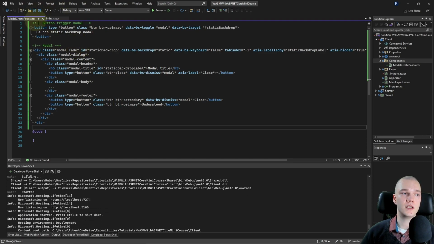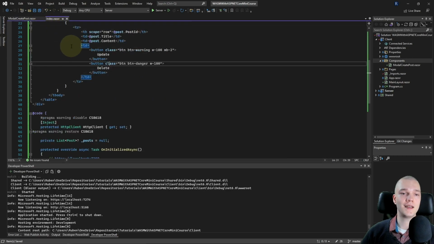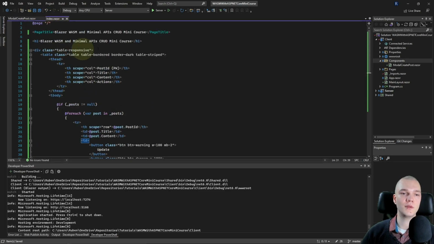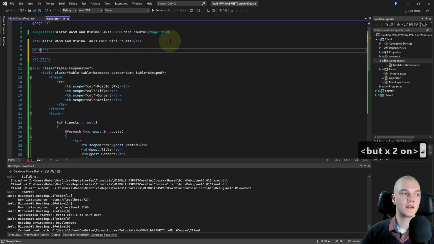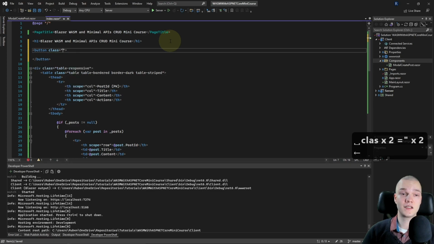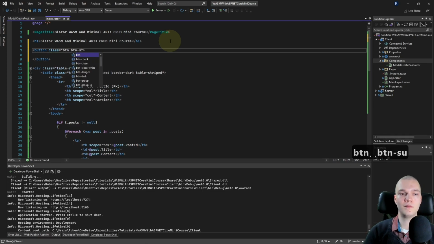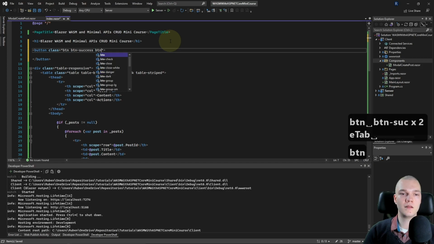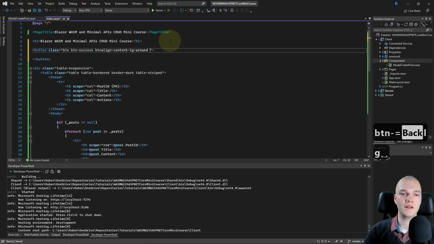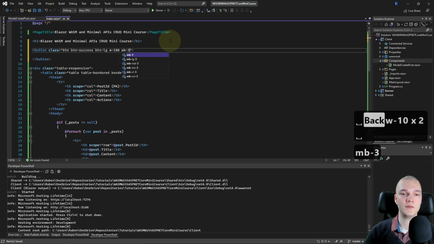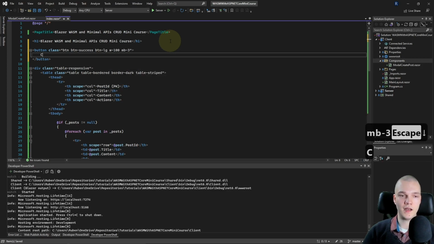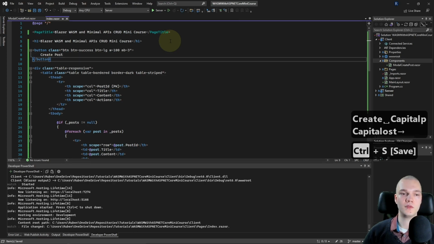Okay, let's now hook this up with the index page so that we can open and close it. So back in Index, above the table, I'll add a button. So button, I'm going to give that a class of btn, btn-success, btn-lg, and w-100, and mb-3, and to give that the text of create post.